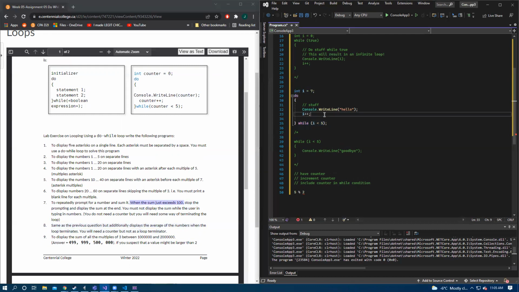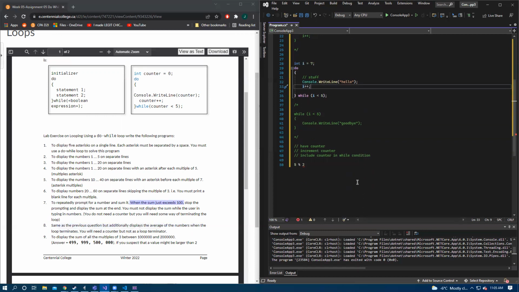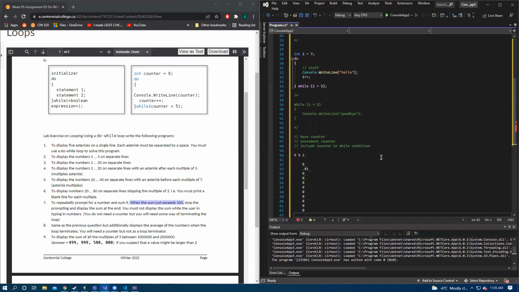And the sum is basically the total of numbers that the users entered. So that's not counting up each time the loop executes. It counts up when our user puts in a value. 100. Exactly. So like if our user was like 0, 0, 0, 0, 0, 0, 0, 0, 0, the loop would just keep on going, right?